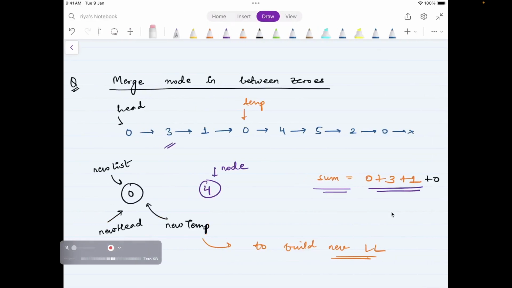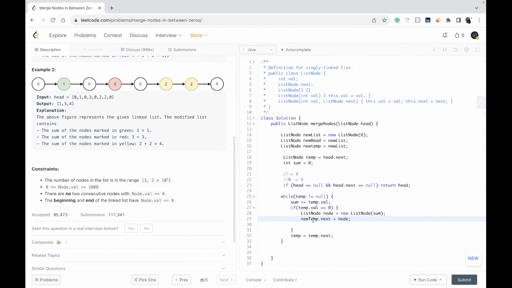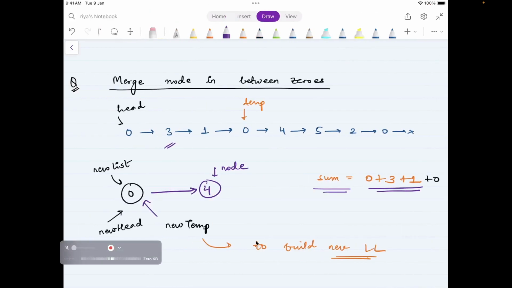New temp is this variable. Its dot next, that means 0's next is going to point to 4. New temp dot next is going to point to the node, and then new temp will move forward. New temp is sort of like a tail pointer and is always going to point to the tail of the new linked list.